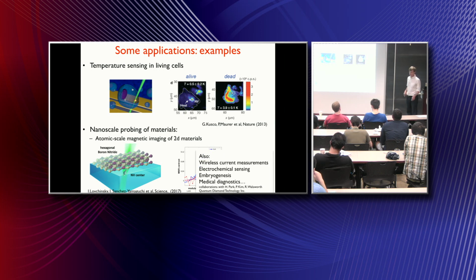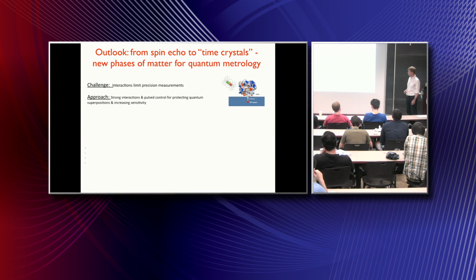Okay, so now you can ask, what's the relationship of that to time crystals? Well, it turns out that in all of these sensing experiments, there is always a fundamental limit to the sensitivity which you can obtain, which is related to the product of the coherence time of these sensors and the density of the sensors. So to improve the sensitivity, you would like to put a lot of these NV centers very close to each other. That way, you can improve your signal to noise.